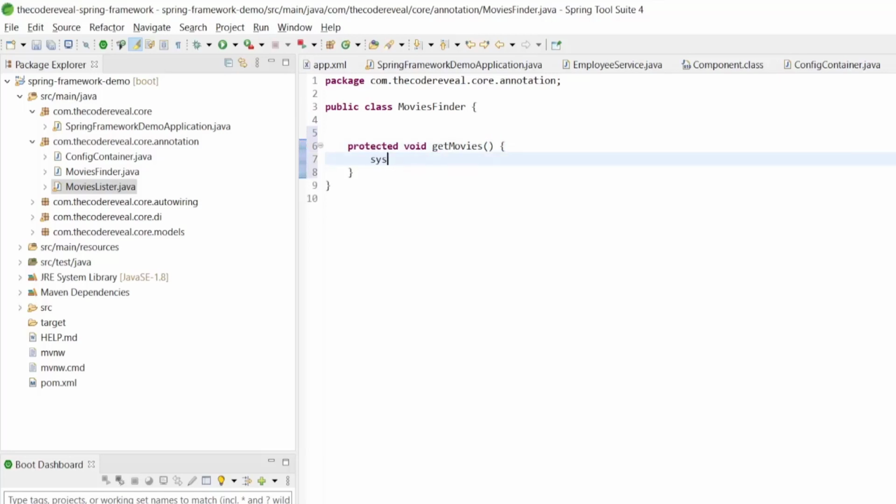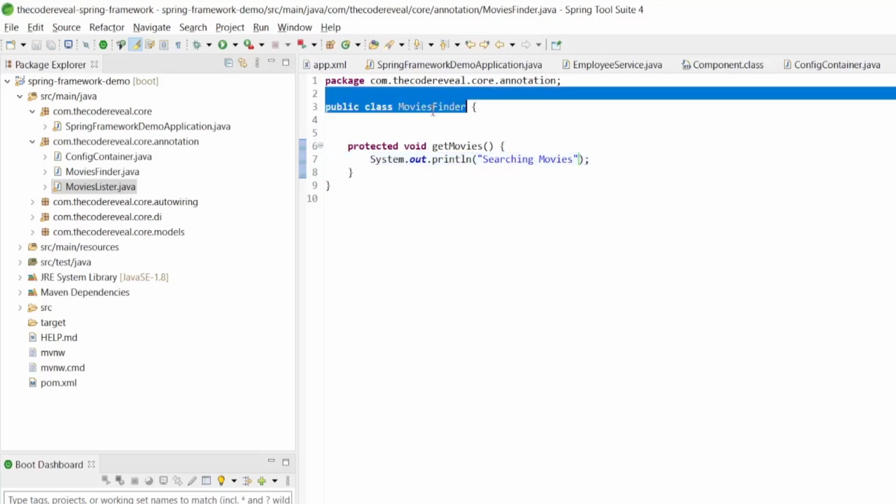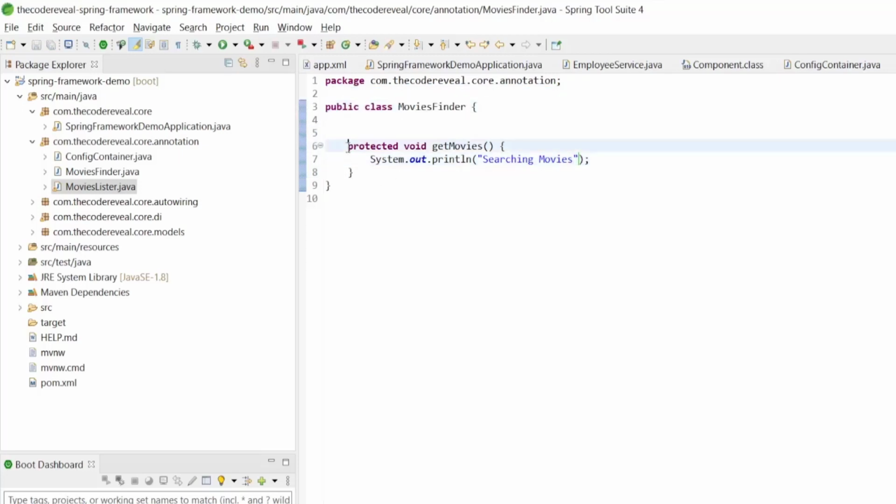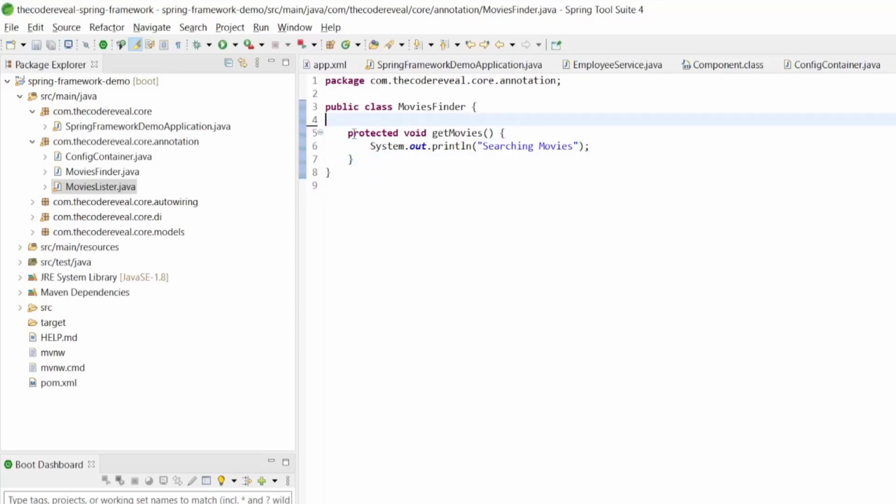Here we'll print searching movies. So we have created this class movie finder that will find the latest movies or any movies that we want to display, and in the movies lister we'll call this movie finder to get the movies list.